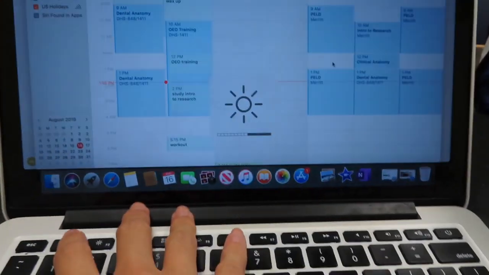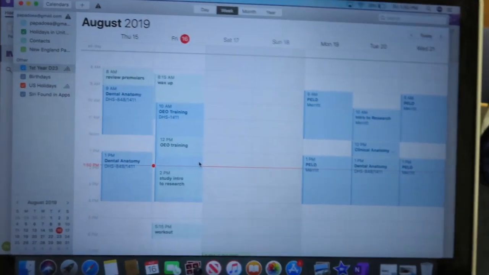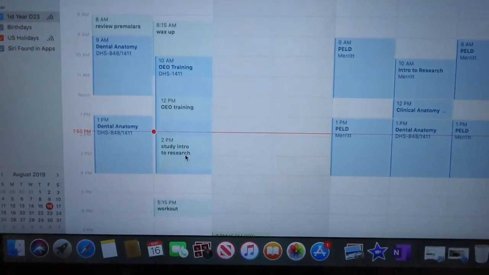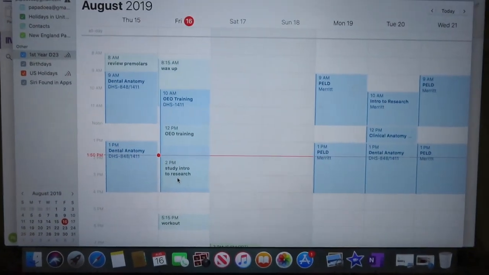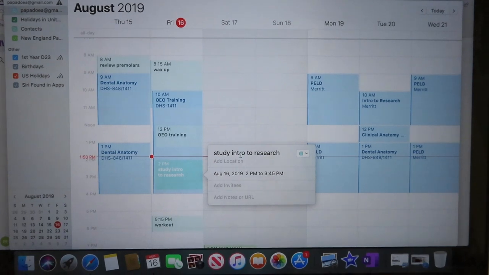So first thing that I'm going to do is go into my calendar on my computer, and I'm just going to plan out when I'm going to study. So I'll show you guys right now on my computer. Let me see. It's too bright. So right now on my computer, I have right here that I am going to study for Intro to Research. But if I want to be more specific,